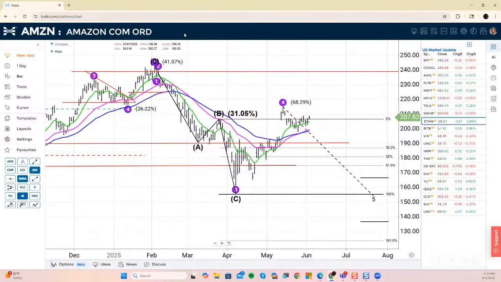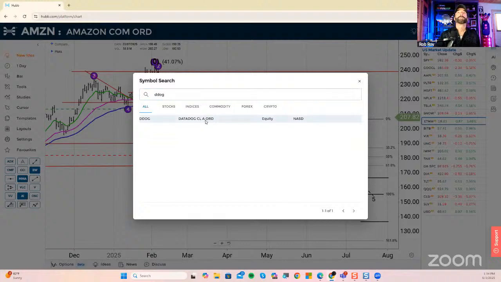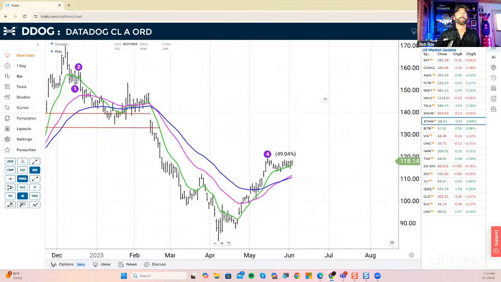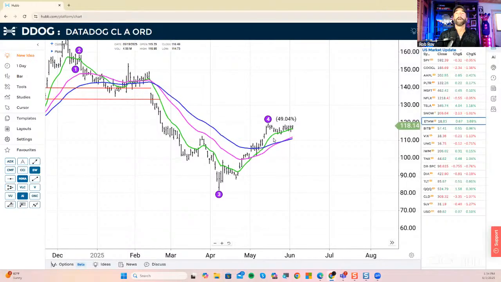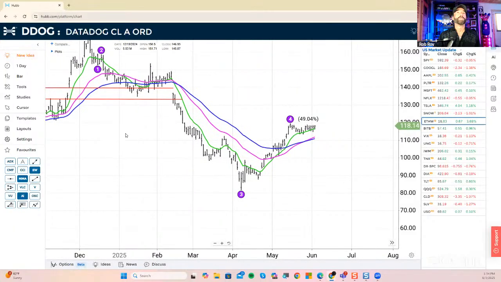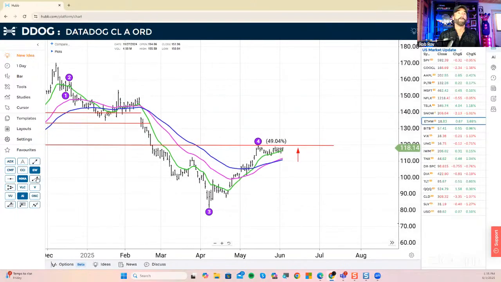Indeed. And we got a question on DDOG. What does that chart tell you? Yeah, we haven't looked at that one in a while. Datadog is moving sideways. We do have a pretty well formed 5-wave to the downside pattern here as well. Nice sideways consolidation. You can see the resistance right here at 120. It's got to break that level. It's got to break 120. I would wait and see on this one. Once again, if you're in it, I wouldn't get out yet. If you're looking for an entry, just be patient. Wait, let it break above 120 because you've got a big run there, probably up to 150 if it can